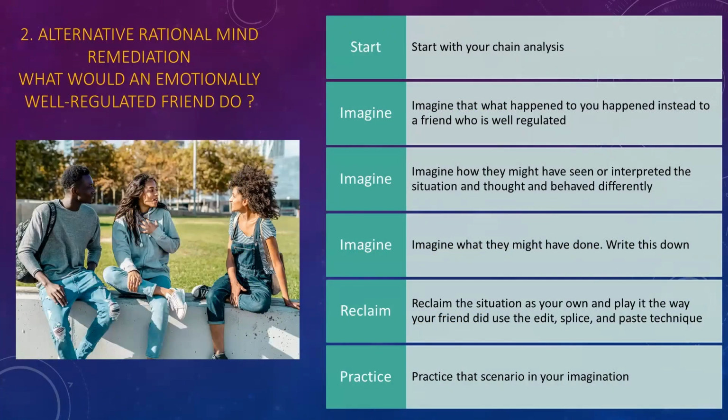Allison imagined that the same situation had happened to a friend who had well regulated emotions. Marjorie, whom she had known since high school, was kind but assertive. What would Marjorie do in this situation? Marjorie would not be intimidated. This was an unfair situation, and it was reasonable to address it rather than put up with it.